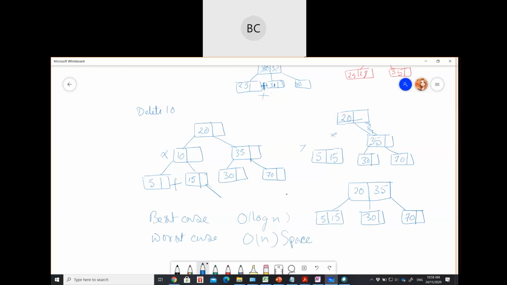Okay. So apart from B tree, there is one more variant which is B plus tree. The only difference between